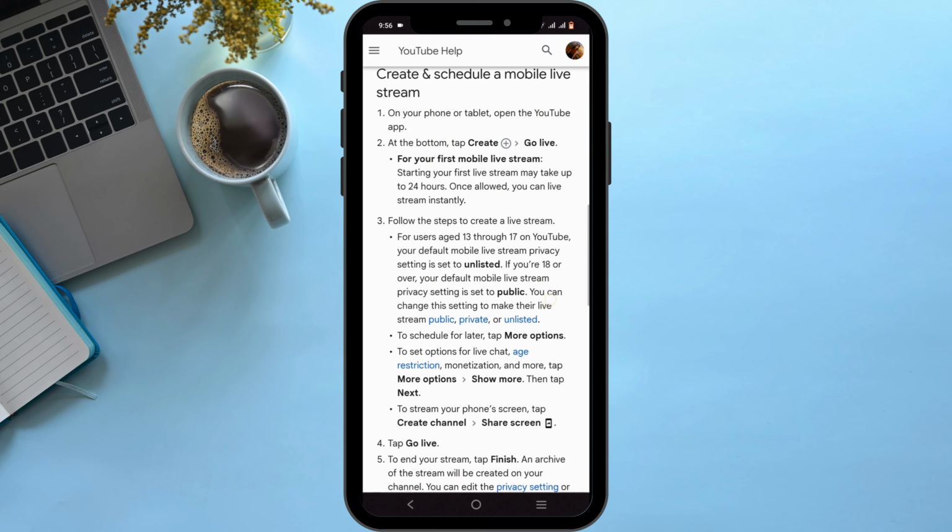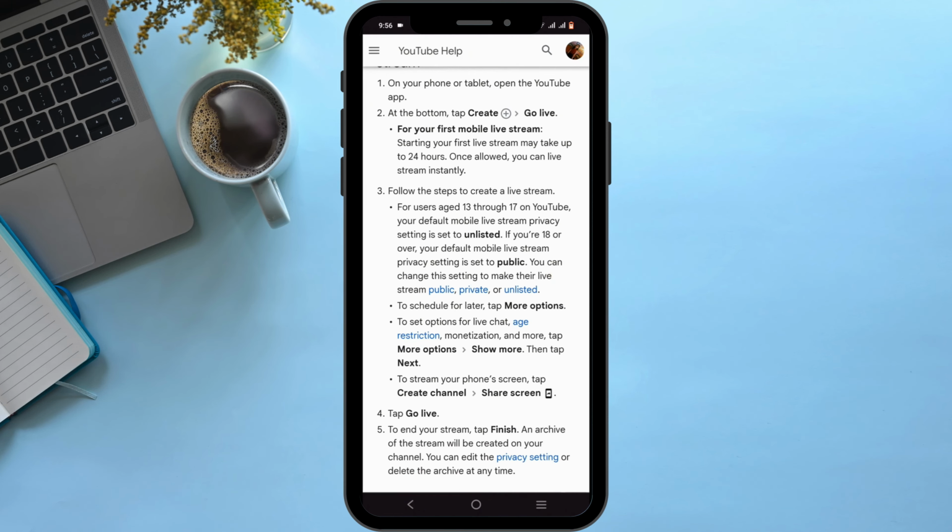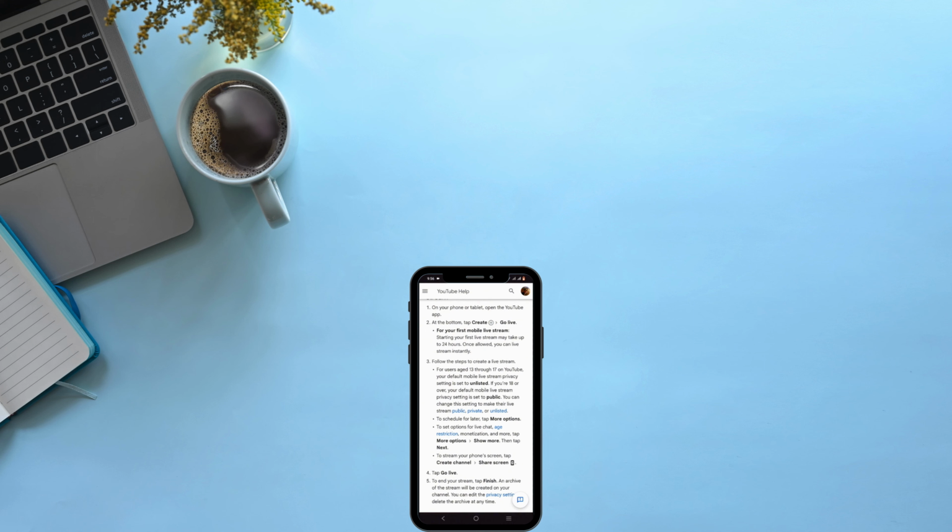After that, you can easily create a live stream by clicking on the Go Live button. You can also decide on the audience age, listed or unlisted, and more of the settings. This way, you'll be able to set up a